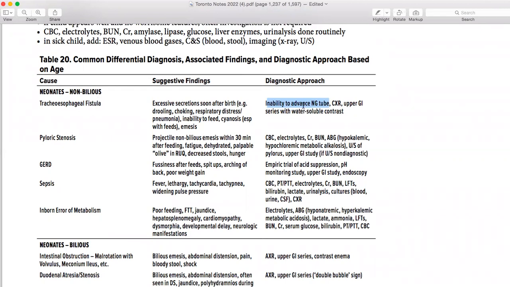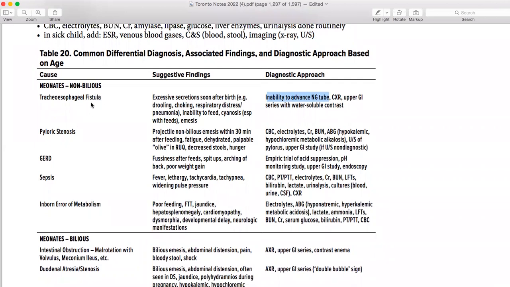If you can remember the suggestive findings and diagnostics, it would be good enough for you. Because later on, the fistula is going to be treated by some pediatrician or general surgeon, the specialist. At least you need to know what my boundaries are, what investigations I can do, and what the clinical presentation would be. On the basis of that, you can say this is the diagnosis.